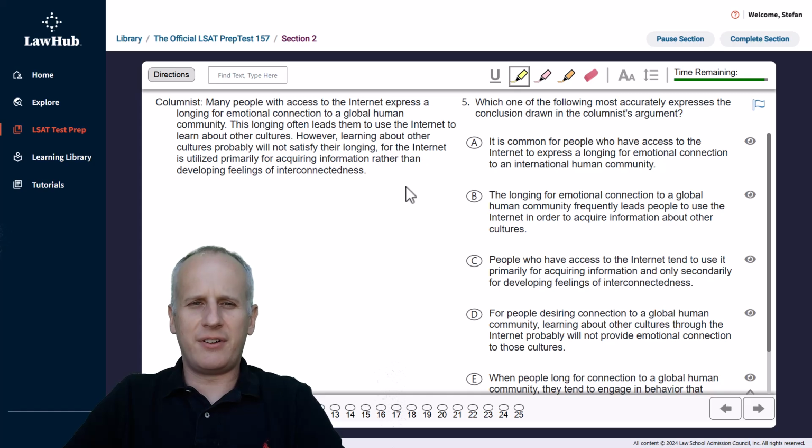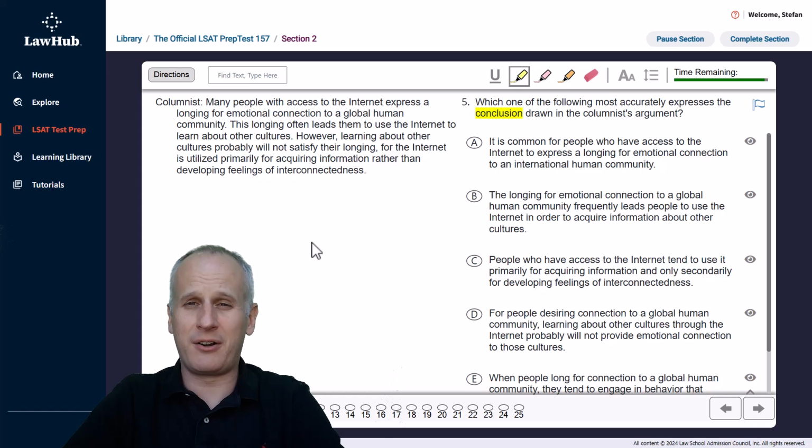Here we are at question 5 of LSAT PrepTest number 157's second section, the logical reasoning first section. As we read question 5 with our highlight tool, which one of the following most accurately expresses the conclusion drawn in the columnist argument? So whenever we are asked explicitly for the conclusion, we just have to do what we